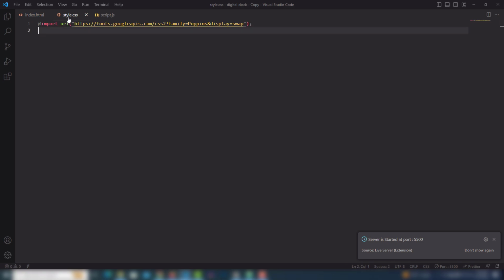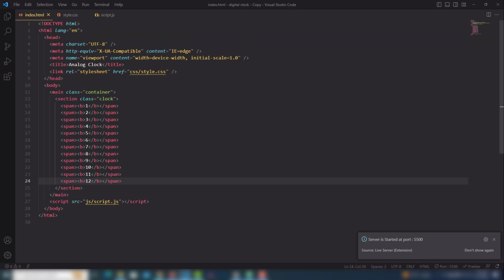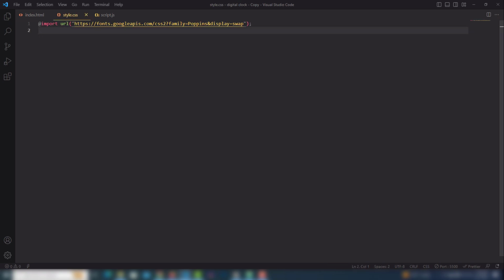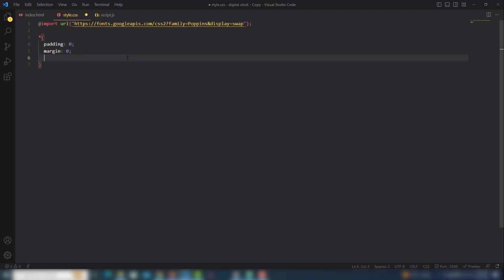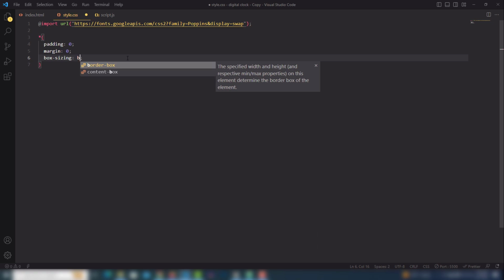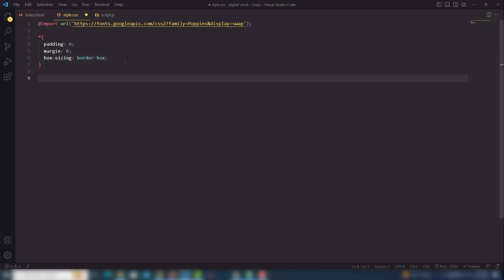So you need to go to style.css. I already mentioned the link to style.css, and I have a script.js. So inside the style.css you need to design that. I have Google Fonts Poppins. The first thing you need to do is reset the property and box-sizing border-box. Then I want to display my content in the center of the page, so I'm going to select